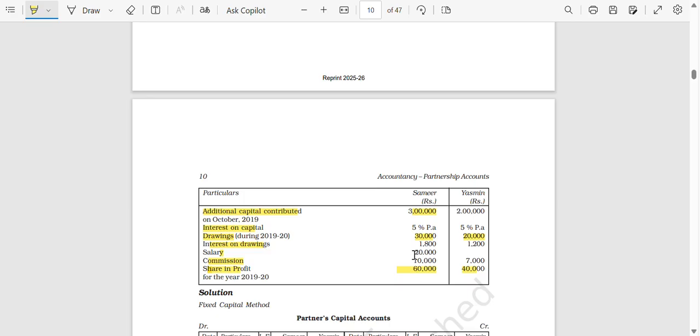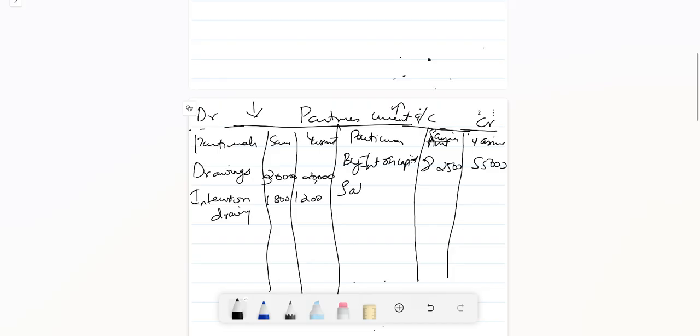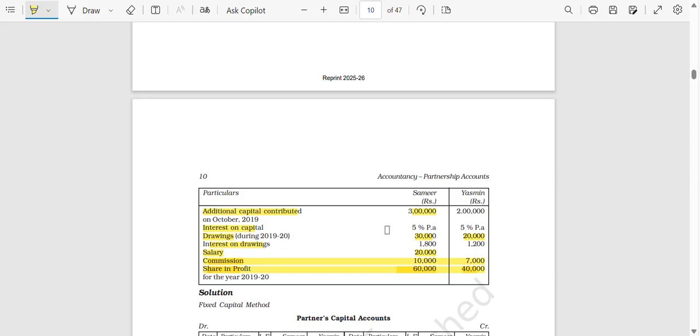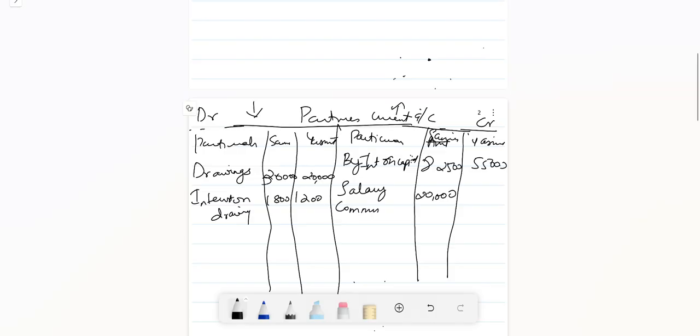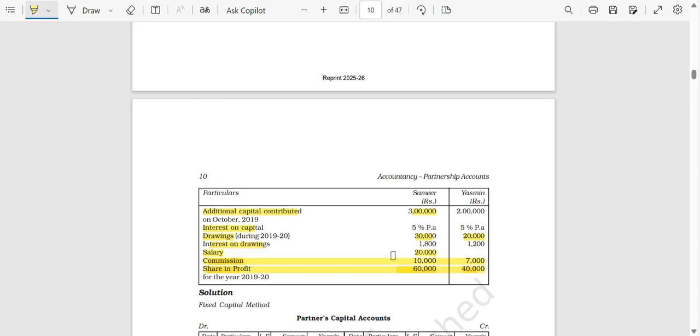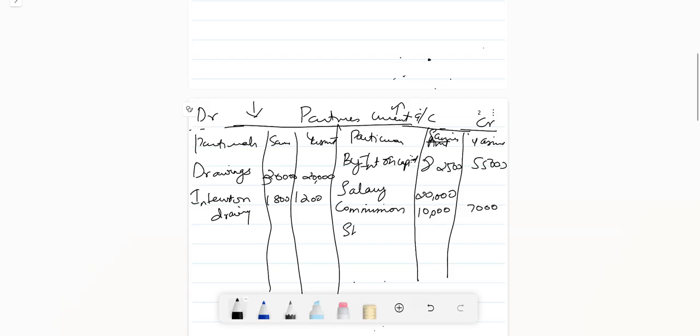Okay. Next, all this will come in the credit side. Salary, commission, everything is payable to the partner. Okay, nothing is payable by the partner. Salary is paid to the partner, commission is paid to the partner, and share in profit is also paid to the partner. So, salary, Samir is getting 20,000, commission 10,000 and 7,000, share in profit 60,000,